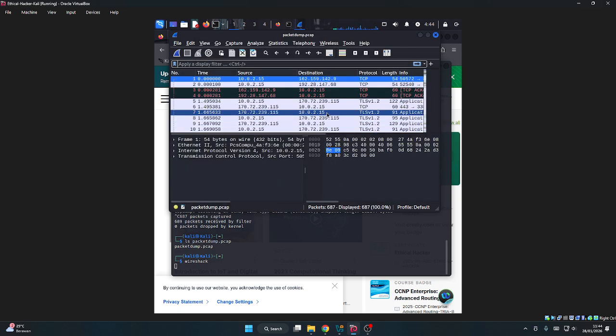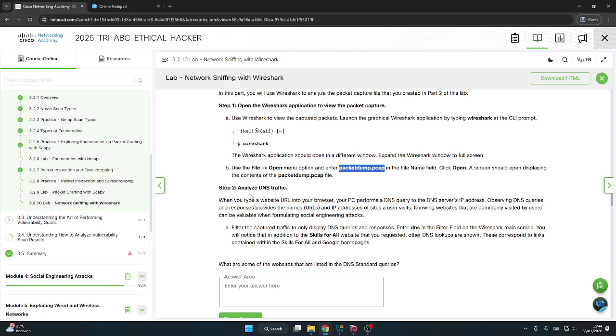Open, and there is information about the pcap, packet dump pcap, and we will analyze the DNS traffic.